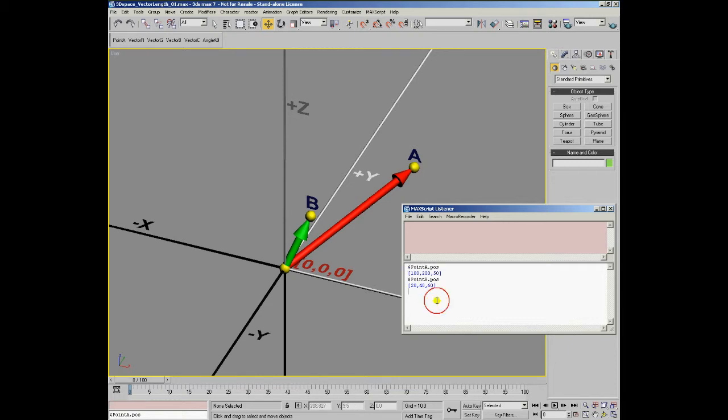In order to calculate the subtraction of point B from point A, we could graphically create a new vector going from point B to point A, and its length would be equal to the distance between the points A and B. The length of a vector can be calculated using the method length